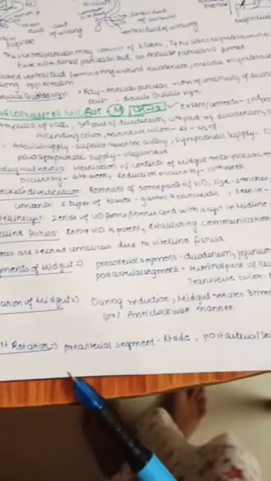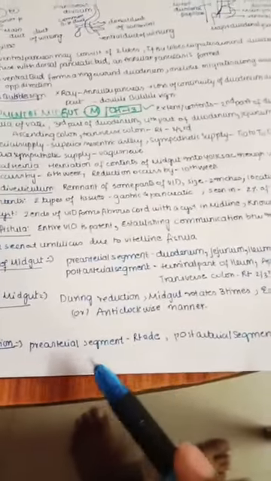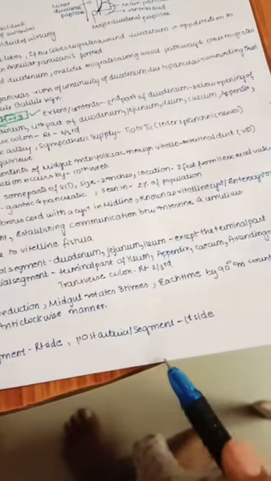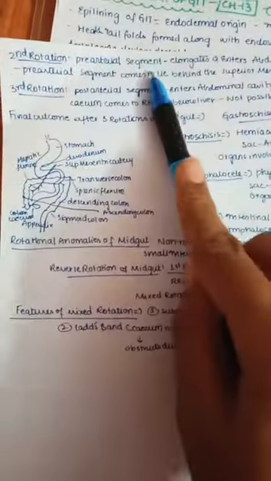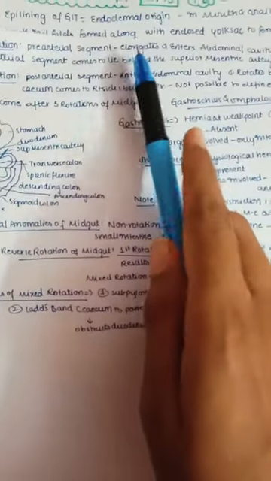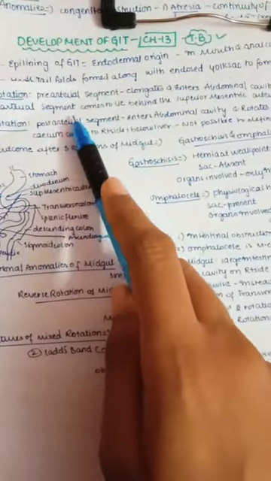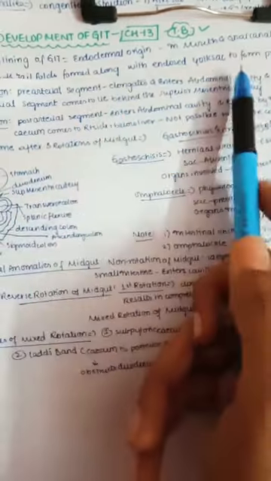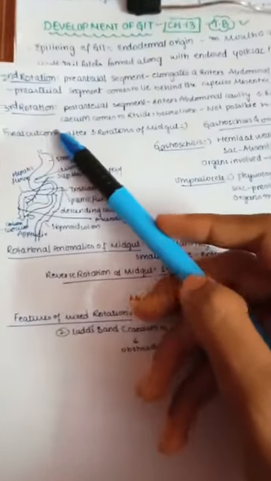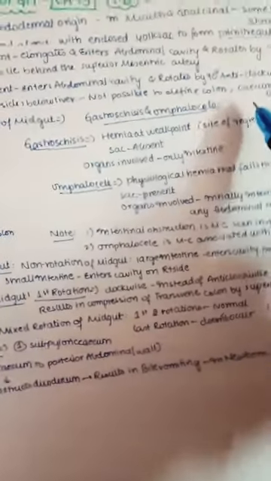The first rotation takes place in the pre-arterial and post-arterial segments. What happens is that the pre-arterial segment moves towards the right side and the post-arterial segment moves towards the left side in the first rotation. In the second rotation, the pre-arterial segment elongates and enters the abdominal cavity and rotates by 90 degrees, again anti-clockwise, and the pre-arterial segment comes to lie behind the superior mesenteric artery now. In the third rotation, the post-arterial segment enters the abdominal cavity and rotates by 90 degrees in the anti-clockwise direction.